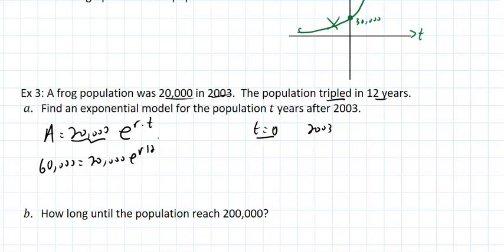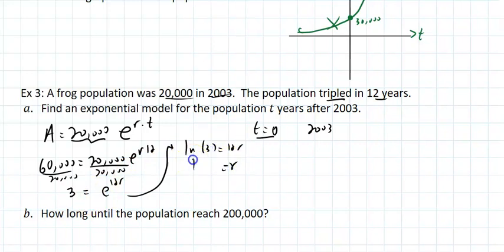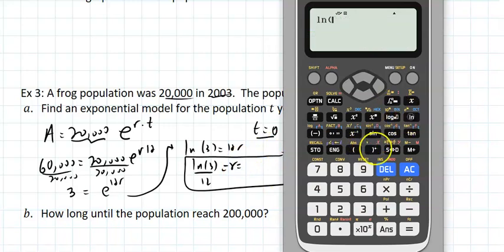Well, can I solve for r? Divide by 20,000 both sides. And you'll notice I'll get 3 equal e to the 12r. Transform this to log form, or log both sides with base e. And r will be natural log of 3 divided by 12. So again, you could write it in decimal, you could leave it as is, but since I'm going to store that in my calculator, it doesn't matter. Natural log of 3 divided by 12, there it is,